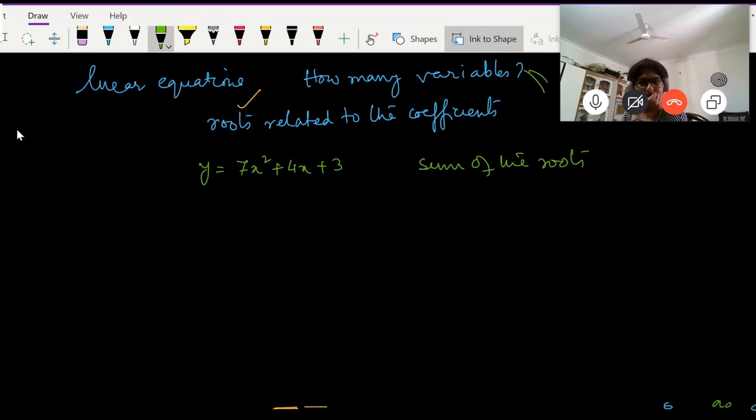so we just saw that the sum of the roots is equal to minus a1 by a0, where a1 is this, a0 is this. So the sum of the roots here would be minus 4 by 7, right? And what about the product of the roots? Now, in order to get the product of the roots,